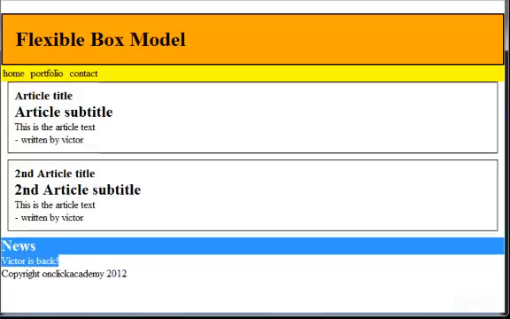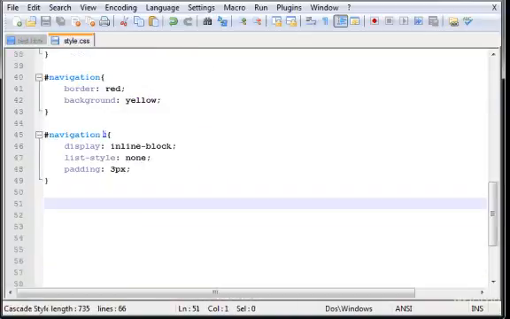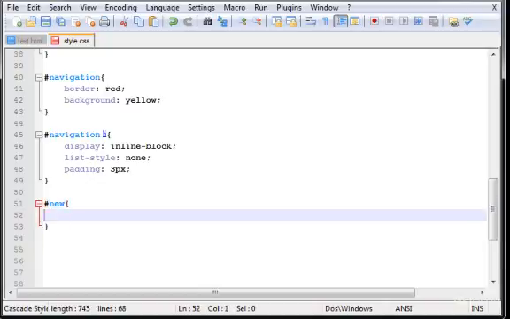Now I'm going to show you how to do it a lot simpler than we did in normal CSS, how to put a column in here, and I'm going to show you right now how to do that. Just a second. Now navigation LI. Now let me grab the div ID new, and let's give it a display